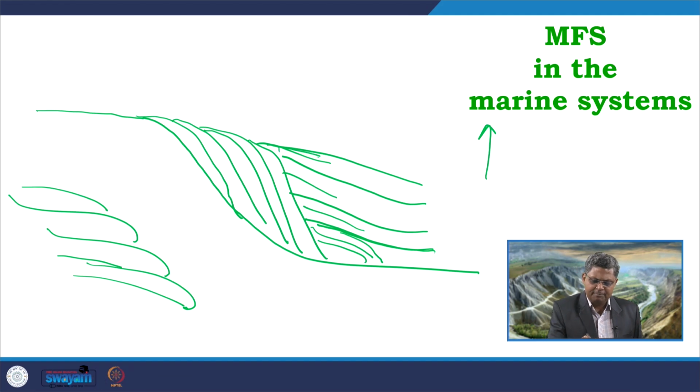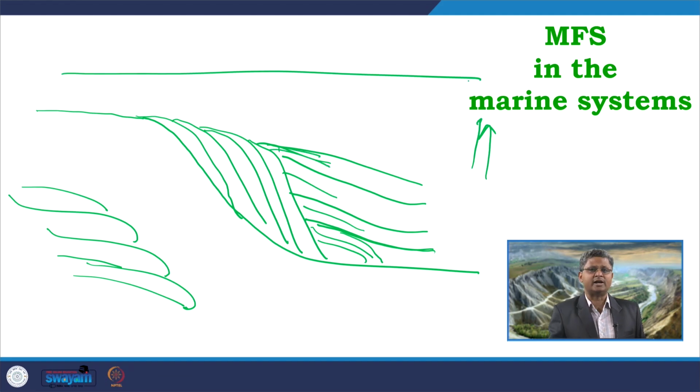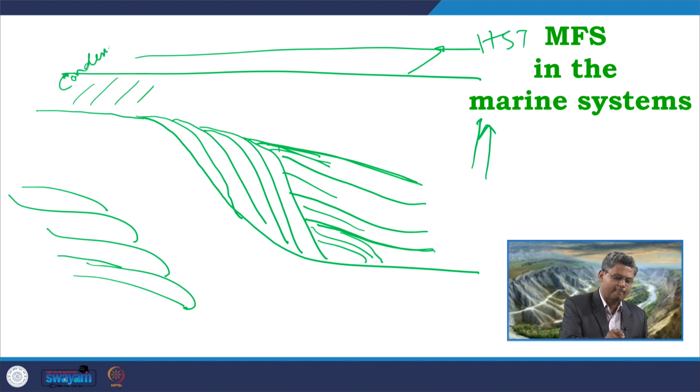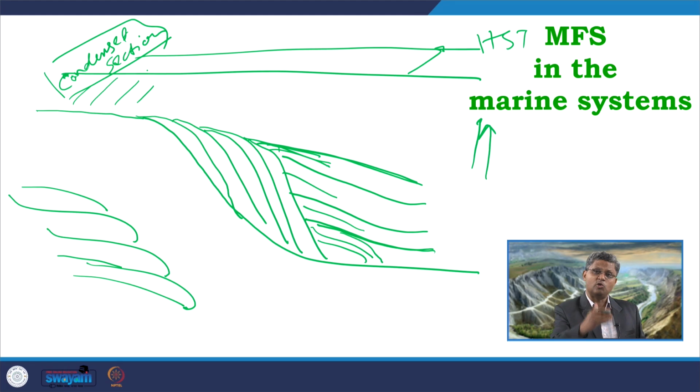And when it is ending up over here, when the base level is at quite a high level, it is the end of the transgression, and then we are getting the HST condition when the base level is further higher. But by the time, the overall energy condition over here in this part, already we are getting a condensed section in this shelf area, which is equivalent to the maximum flooding surface in the shelf area.